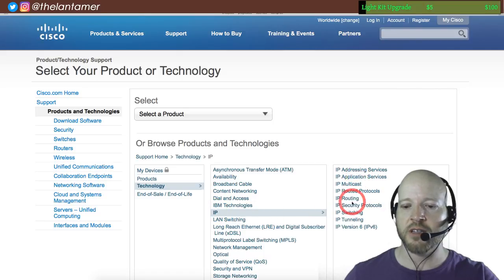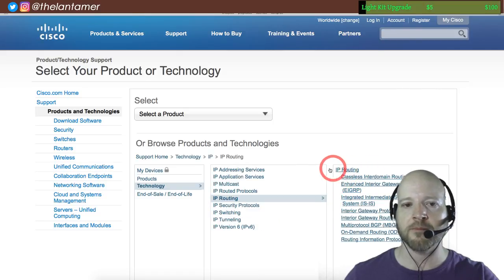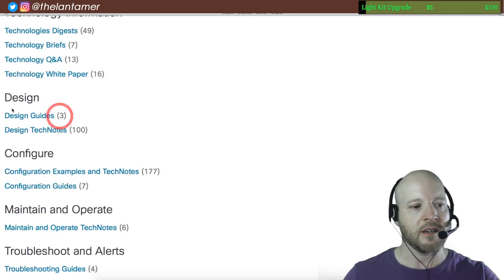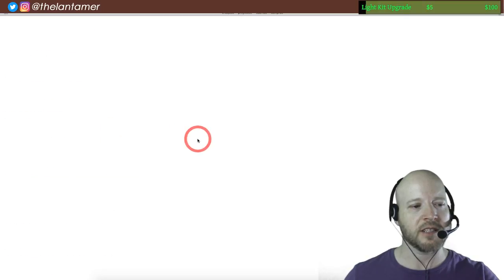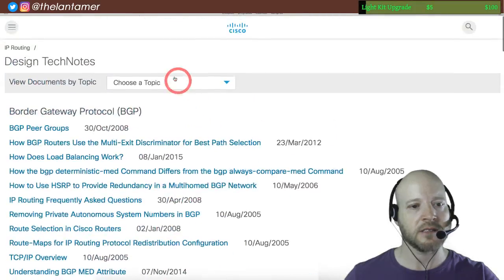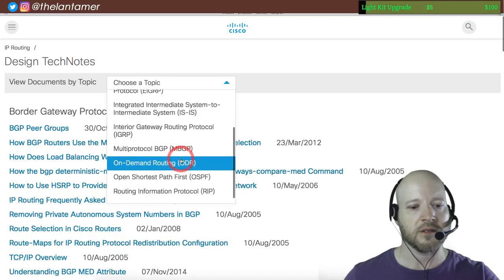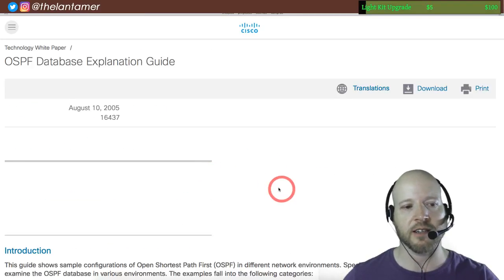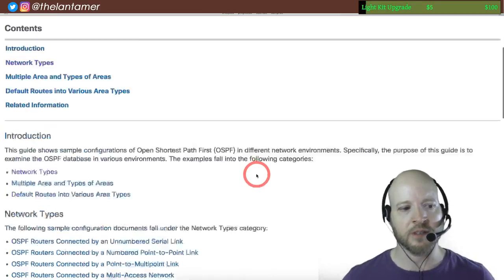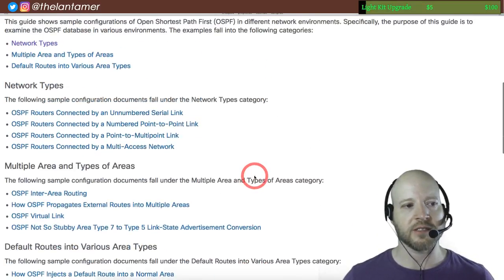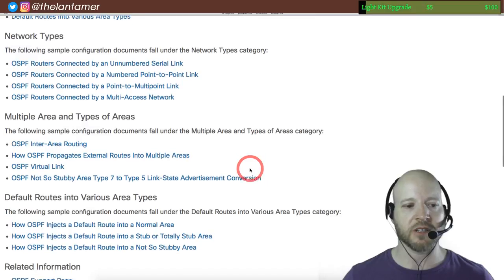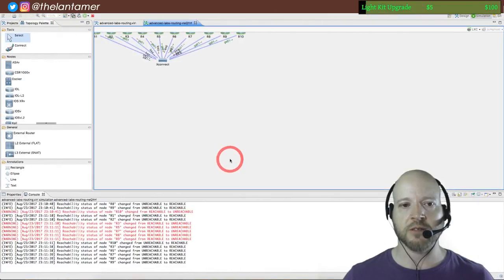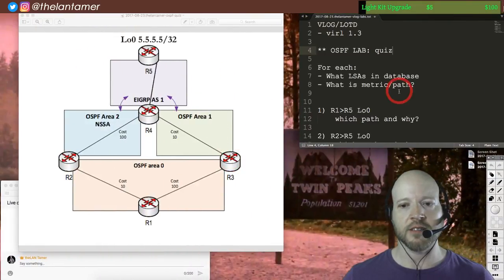Technology, IP routing, IP routing. And this is a design tech node, I think. Go under OSPF. OSPF database explanation guide. I love this guide. I've raved about it before. It walks you through the LSAs, and I had to go back and look at this again because at first I was somewhat stumped by this, because what they're saying is you have